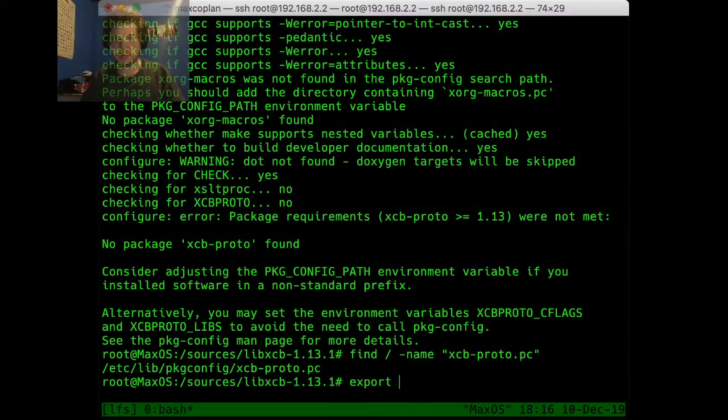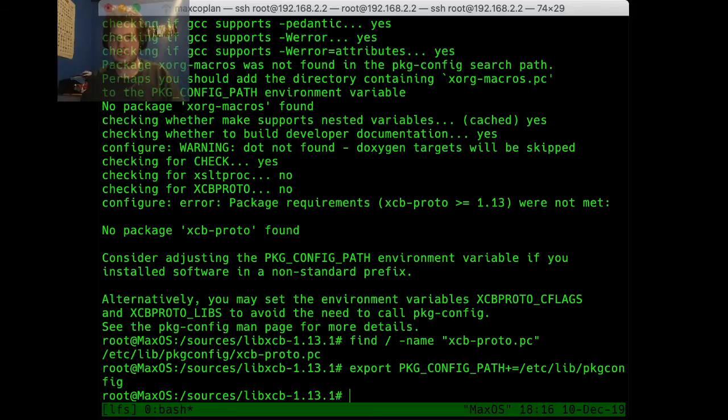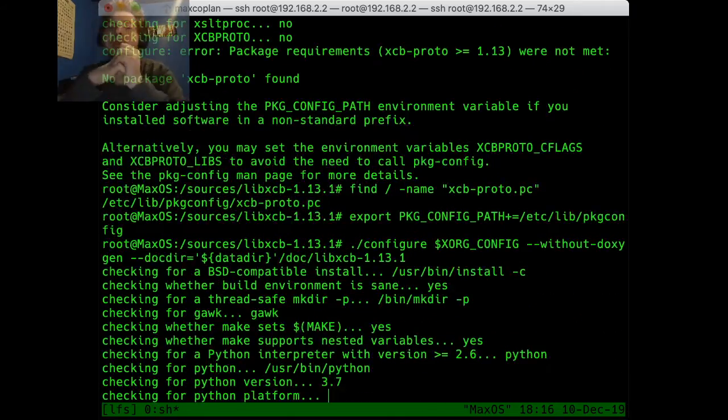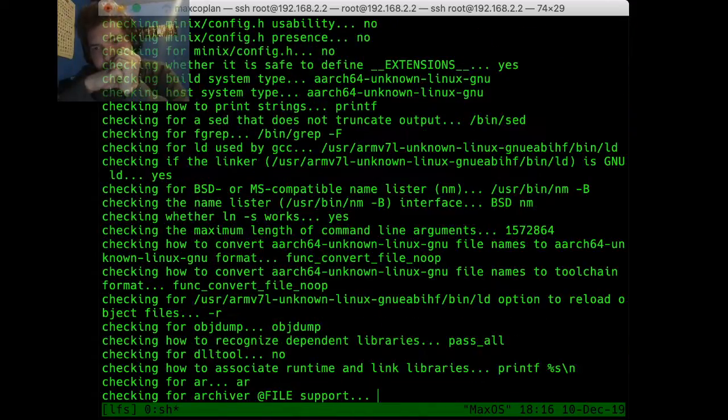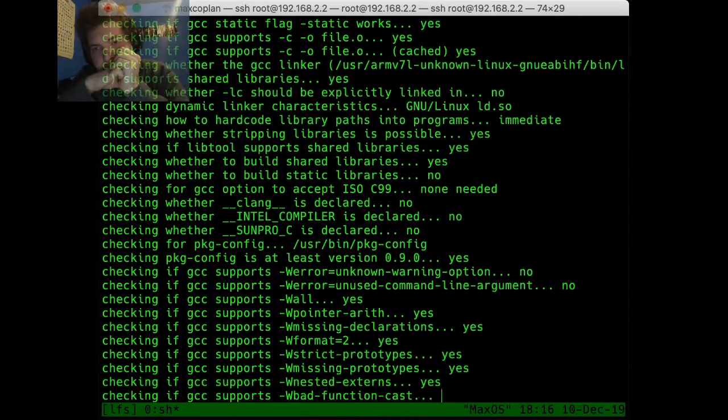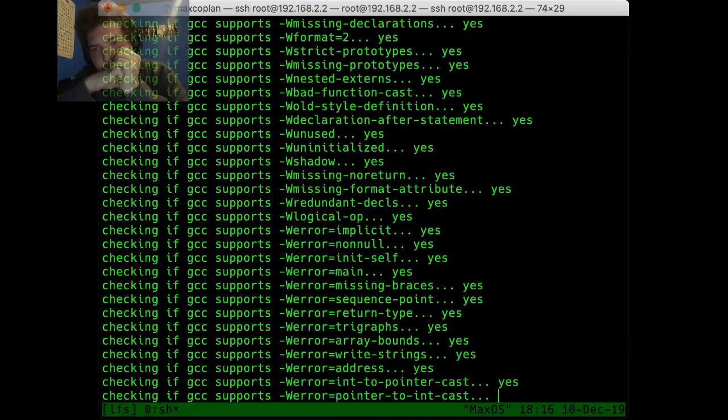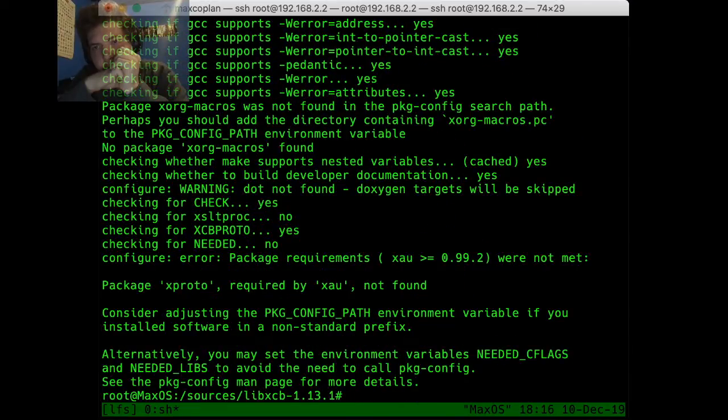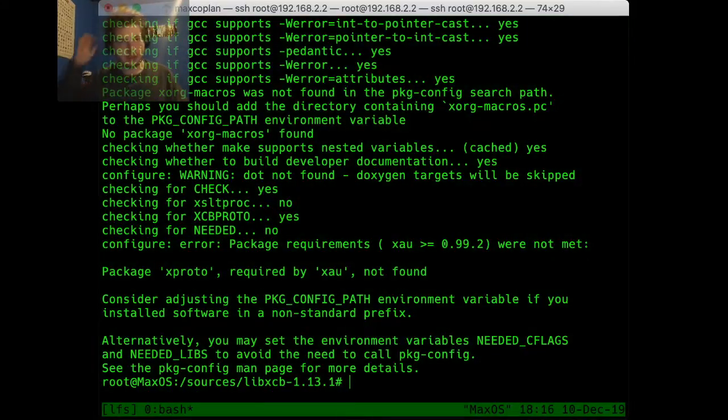So I guess I can just export the config path. But then what if it misses other things? Yup. I honestly don't know what to do, but I can be like a real piece of shit. Like, what was it before?